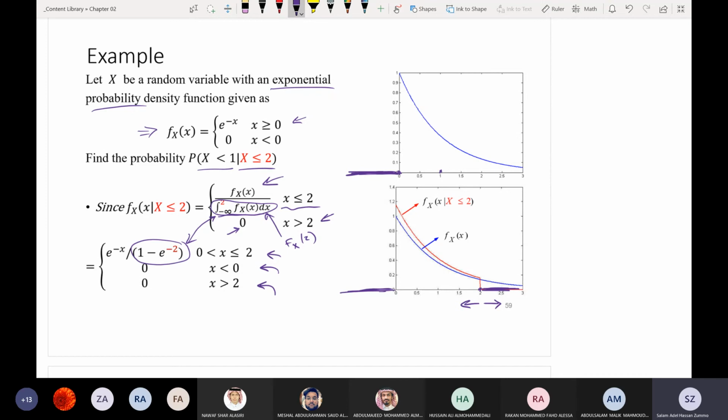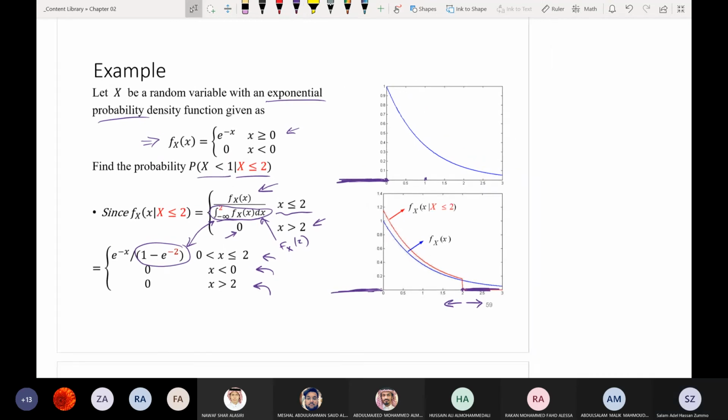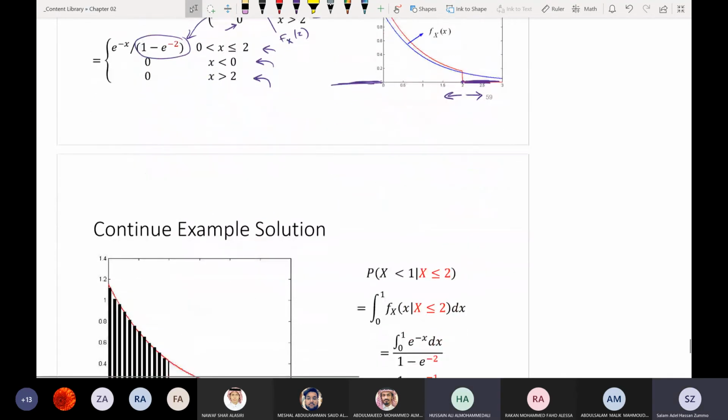واضح يا شباب؟ والله واضح. Other questions؟